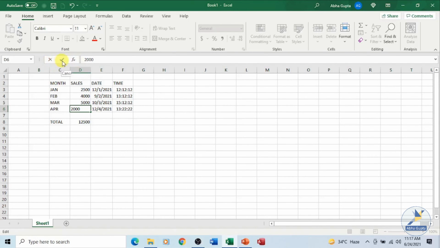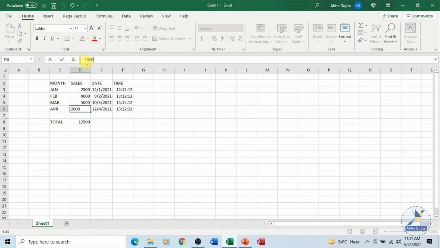One is the cancel, the enter and the function. Now cancel is same as your delete key. Your enter, this tick mark, is same as your enter key, and if you press the function button over here, it will help you in entering a function.